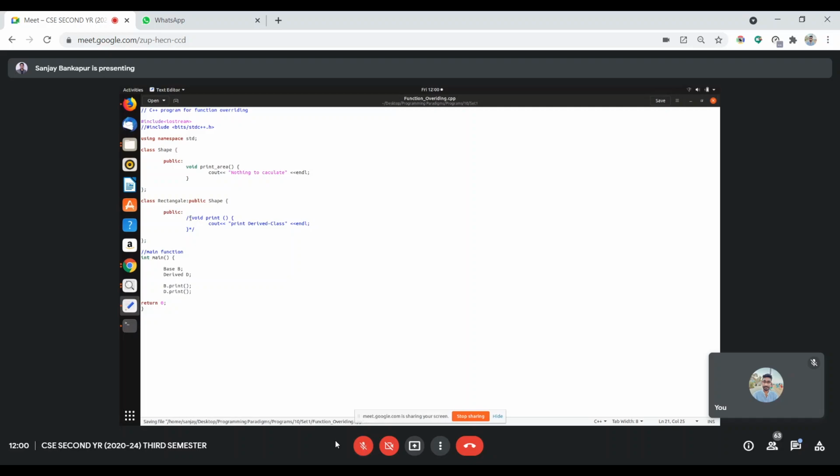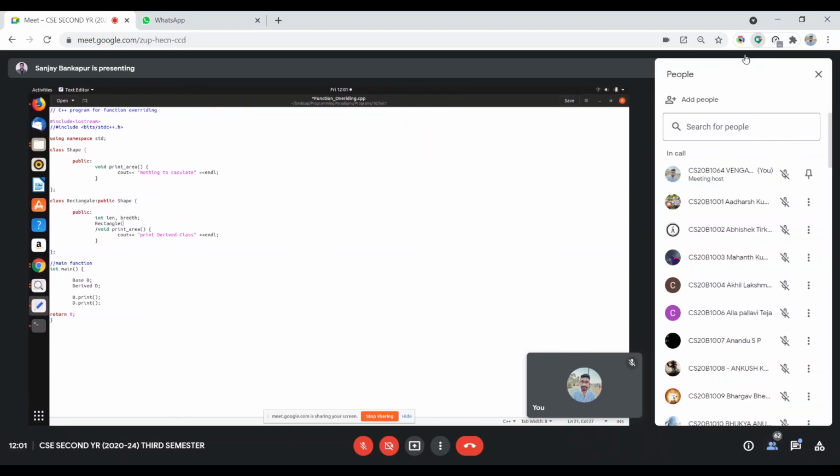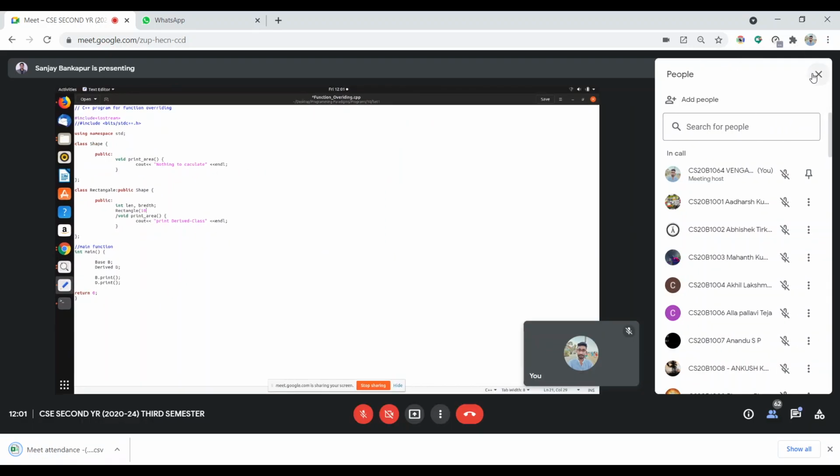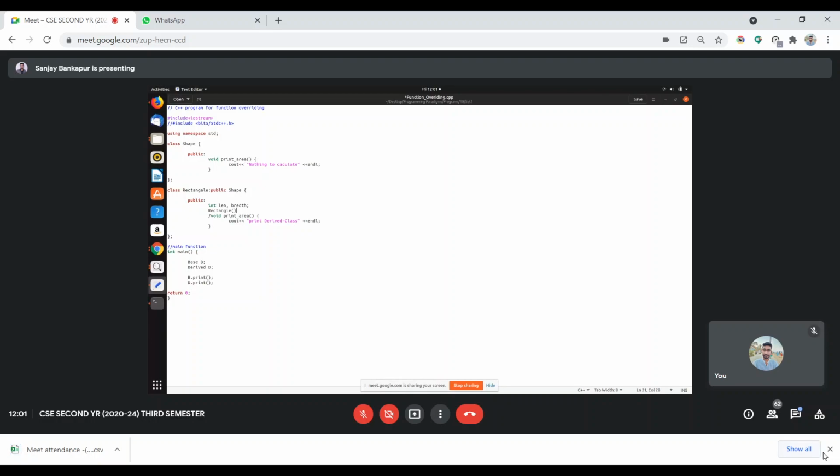So now, if I want to print an area, considering there is something called int len and breadth. Okay, something like that. Simple logic. And I will do a rectangle by default constructor.